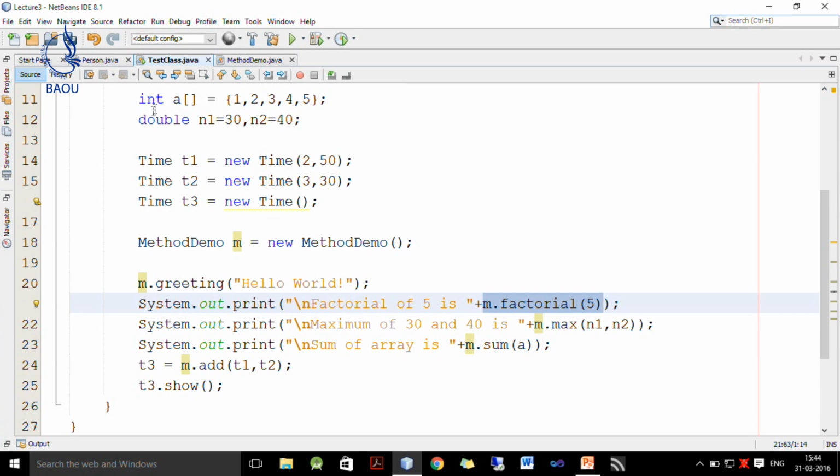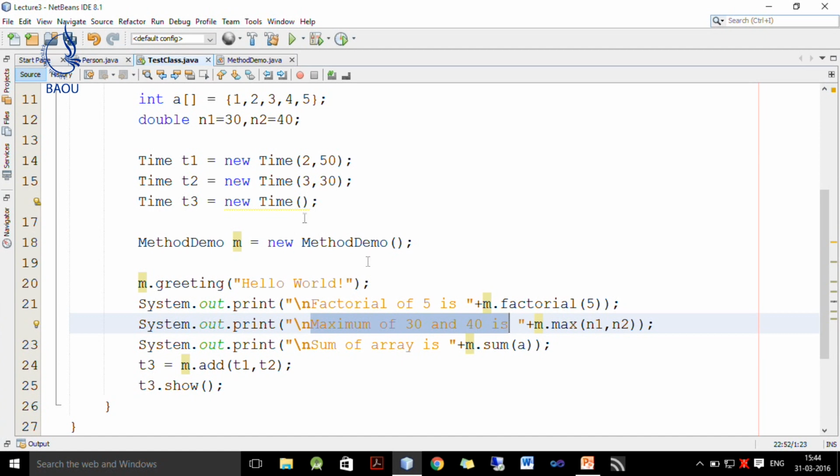Then we have already declared two double variables. So, we write maximum of 30 and 40 is, which is the value of n1 and n2, and the max method returns the maximum of these two values, which we initialized to 30 and 40. So, maximum of 30 and 40 is 40 will be displayed.